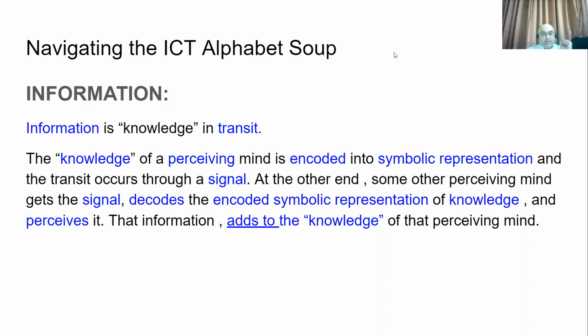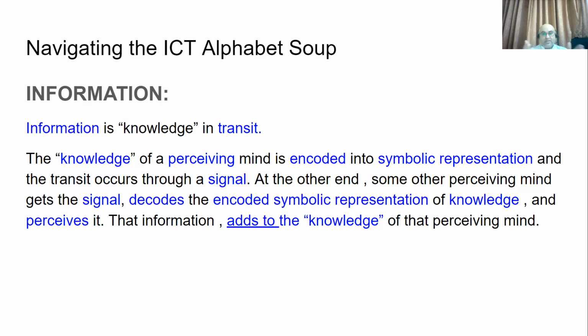That's about it. So let's see what is really happening when we talk about the concept of information. So the knowledge of a perceiving mind is encoded into symbolic representation, and the transit occurs through a signal. It seems like a mouthful, but we have covered all of this already. So remember, the perceiving mind is the real common denominator in all of this. So a perceiving mind has some knowledge at an instant of time. A subset of that knowledge